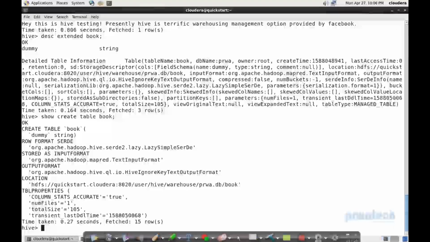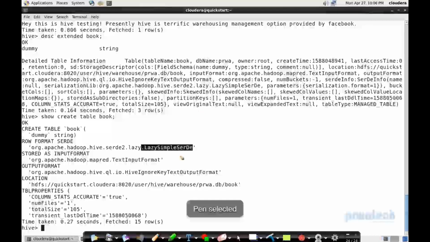If I say create table book, dummy is my column name, string is my data type, SERDE, serialization, deserialization, we are not using currently, we are using a lazy simple SERDE. Serialization and deserialization, if I just say in one word, is a concept of Java. It actually came with Java, and now this concept we are using in Scala